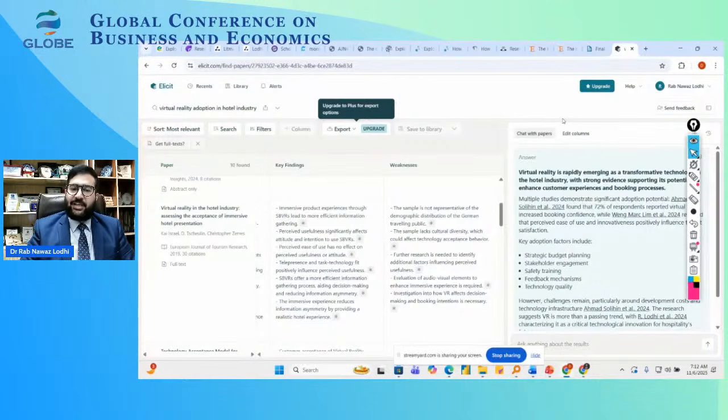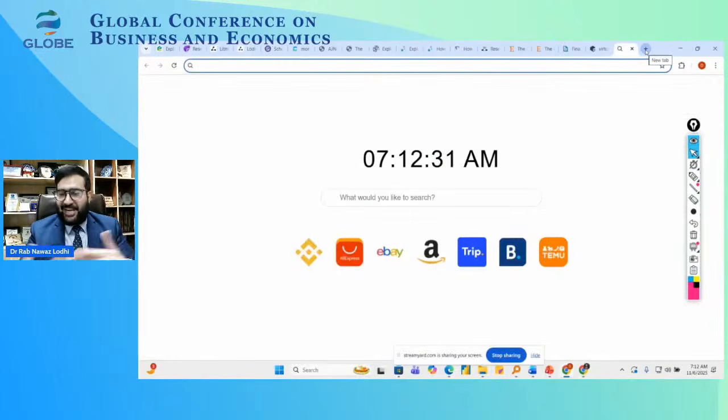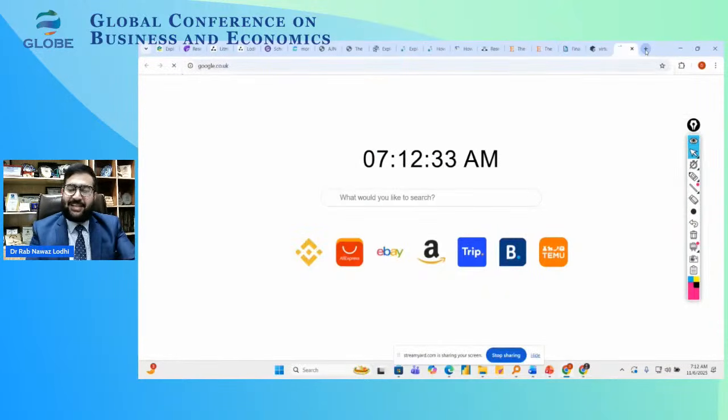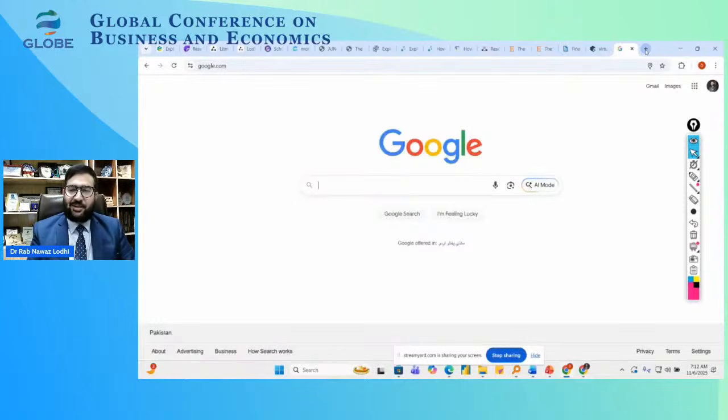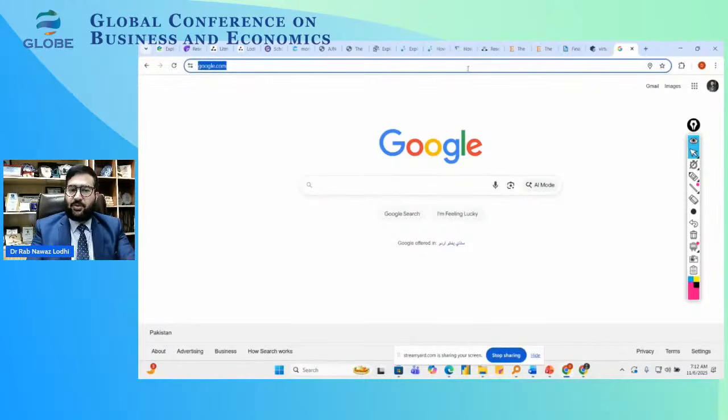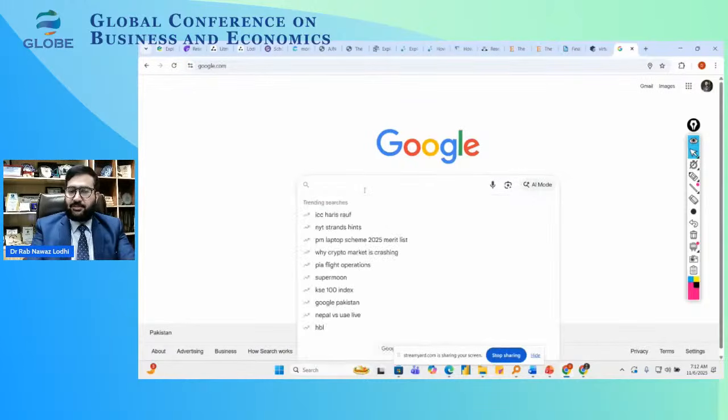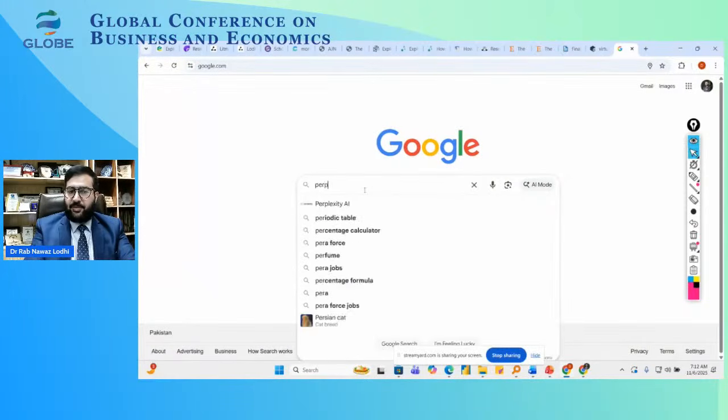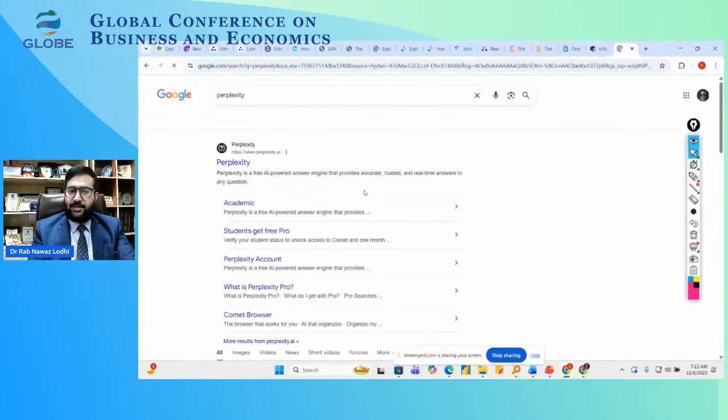The first AI tool is Perplexity, right? And the second one is ChatGPT. Okay, so coming to Perplexity, because ChatGPT is very famous, that's why I have put it at the end of this session. Now I'll be looking for this Perplexity software. So I can search it, Perplexity AI, right? So you will be able to click on this Perplexity AI,